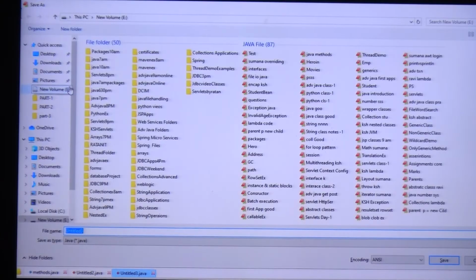Exactly. See, guys, let me save this code in local disk E. The file is called Test.java. For the Java method, I'm taking void, guys. Void is the return type. Tell me, guys, for Java methods, is the return type mandatory or optional? Now I just remove this return type. Now tell me the answer, guys: for Java methods, is the return type mandatory or optional?